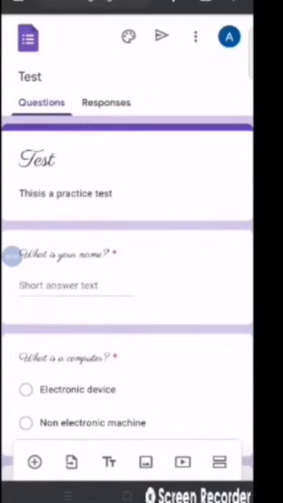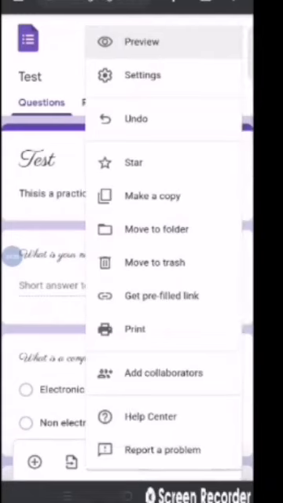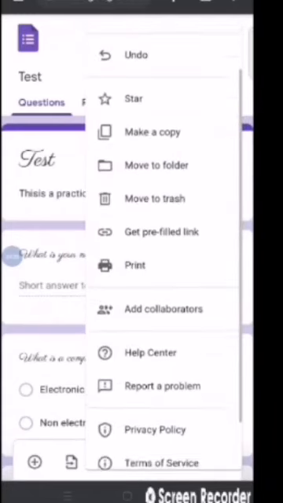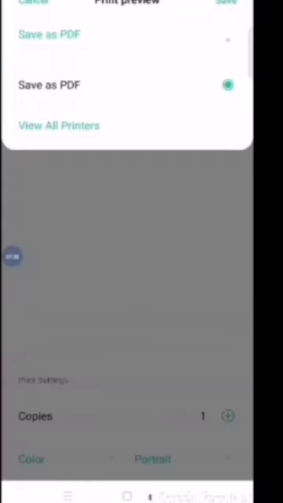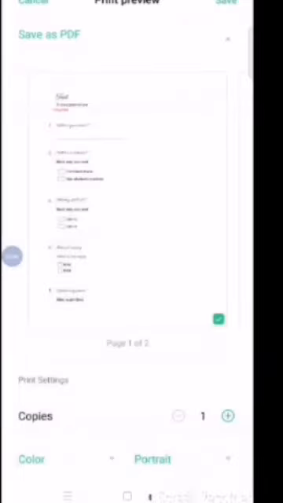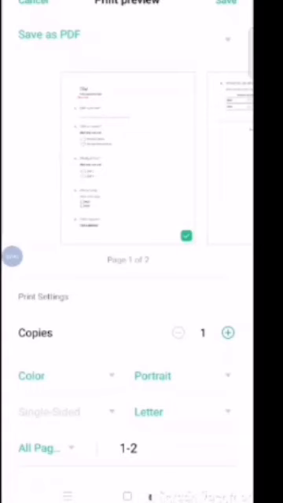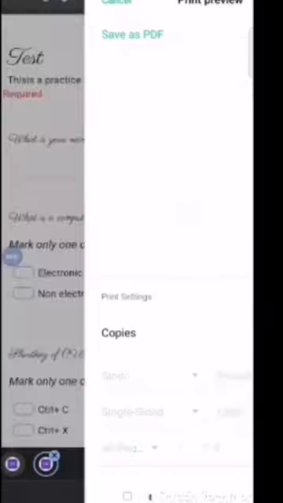So now if you want to print it, you will go to print this form. Here it is making the PDF. You can save it as a PDF. It is printing as a PDF. Which color you want to give, black and white, landscape or portrait, you can use any of these options. So I am not saving it.